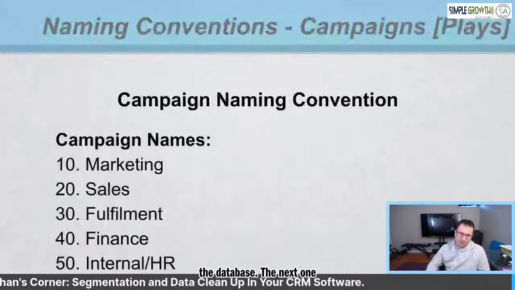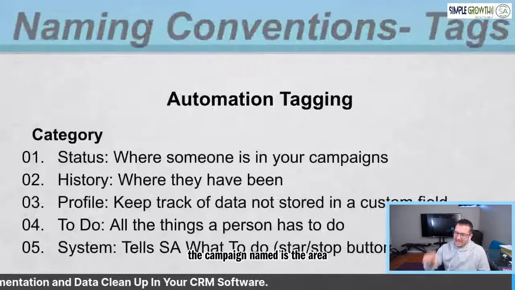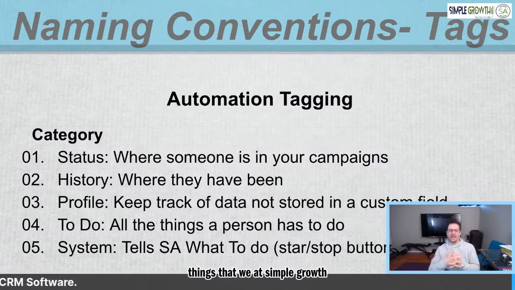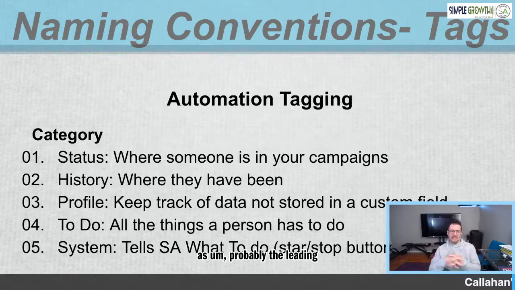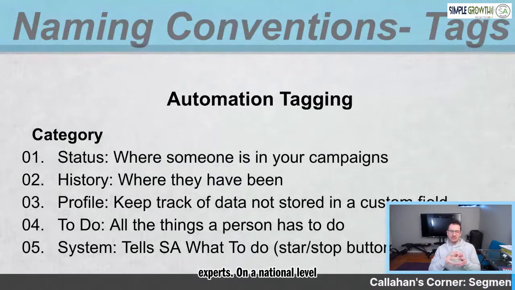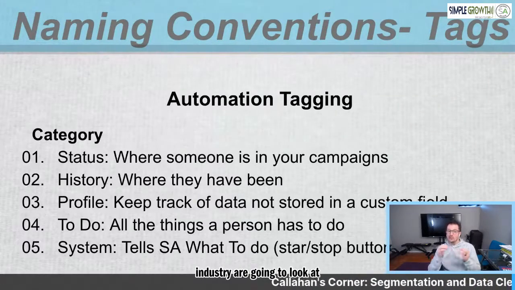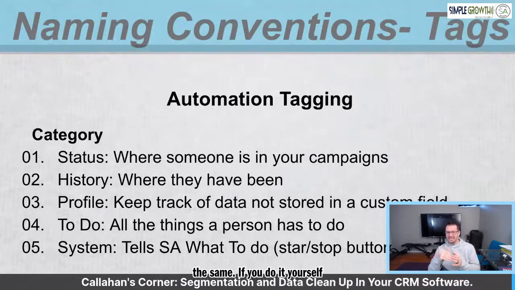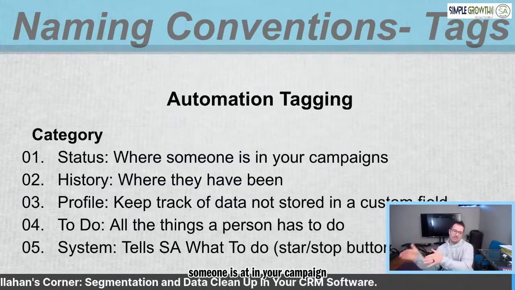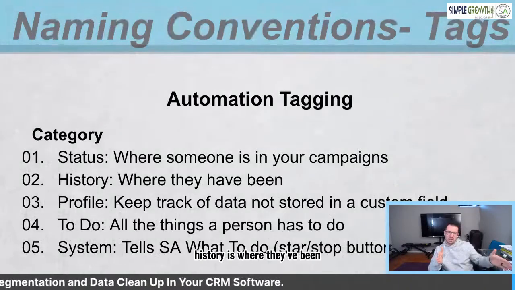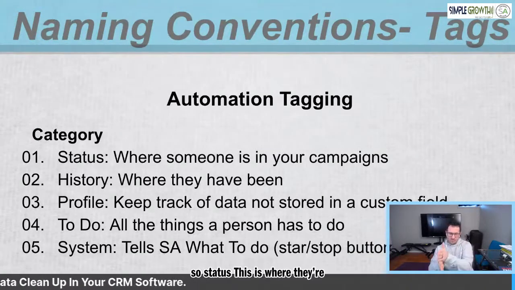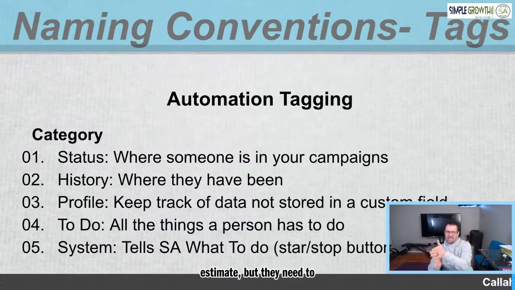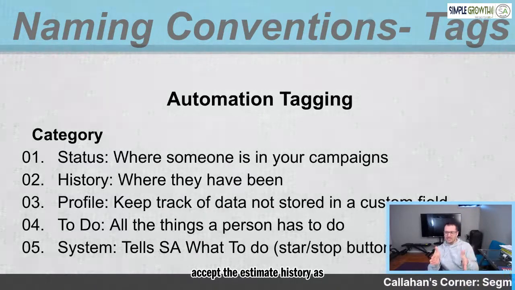The next one we're going to be looking at is the campaign names, is the area of the business it's focused on. So the first 5 main things that we at SimpleGrowth, as probably the leading expert on a national level in automations in the service industry, are going to look at, and we recommend that you do the same if you do it yourself, is status. This is where someone is at in your campaign. History is where they've been. So status, this is where they're at here. They've received an estimate, but they need to accept the estimate. History is they've requested an estimate, and